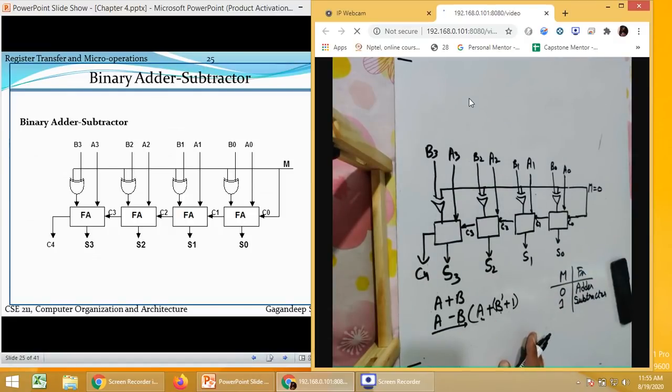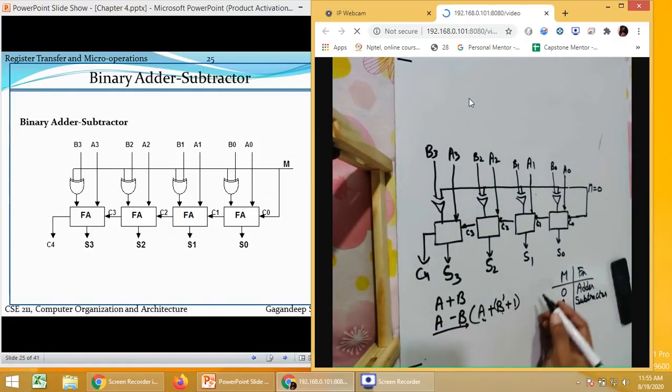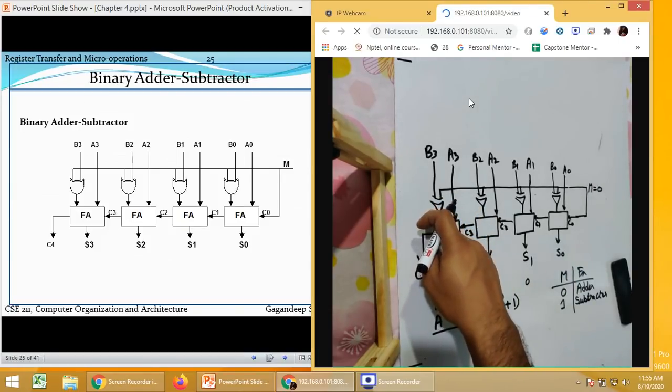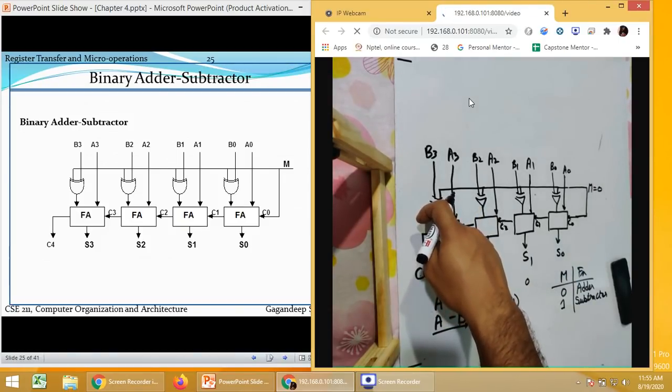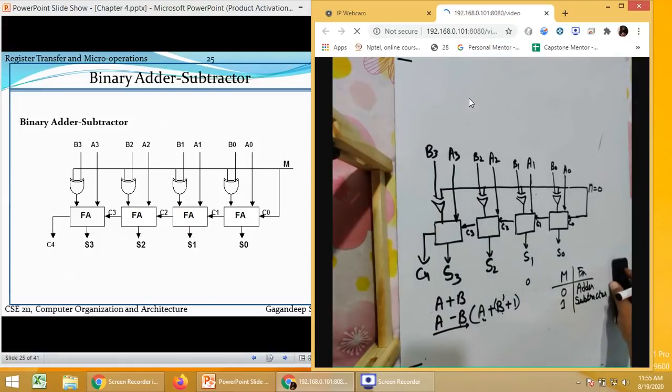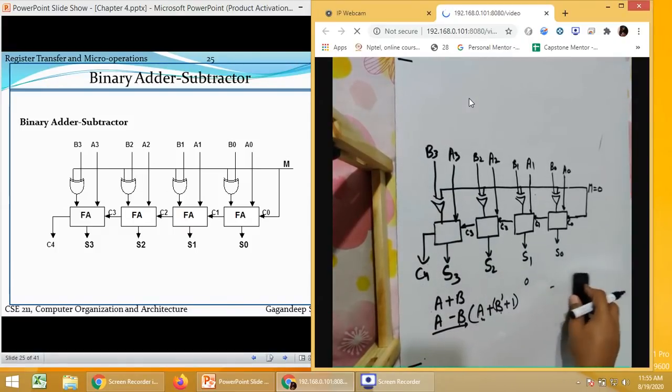Now this is how they are connected. If both the values in this XOR gate are the same, the output will be 0. If both the values are different, the output will be 1. Now let us see how it is going to work.